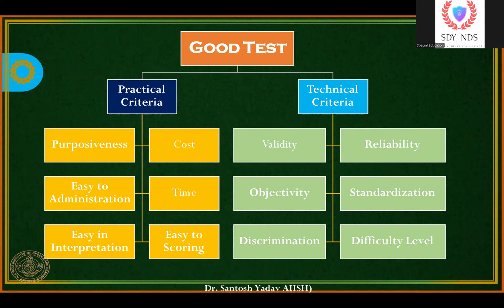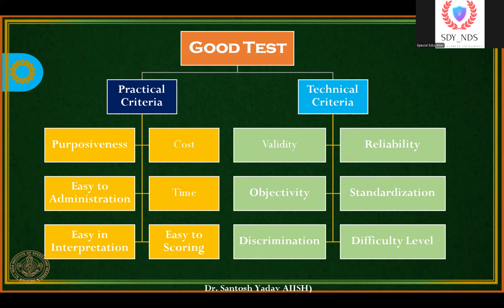So if the test takes many hours, it's not a practical criterion. If the test gives an immediate result, or a 1 or 2 hour result, that's a practical criterion. It's a good test. Then it should be easy to interpret; everyone can say it's 10 centimeters, it's 1 kilometer,